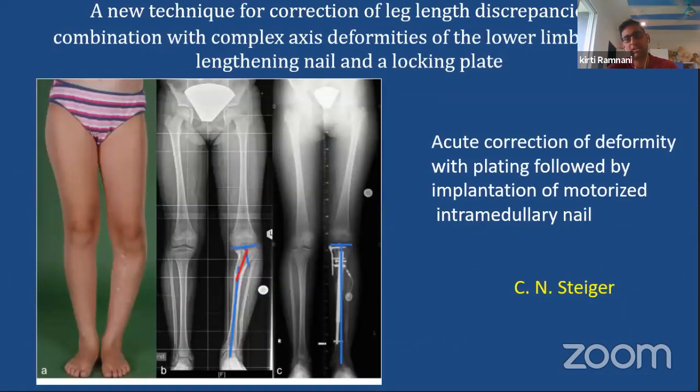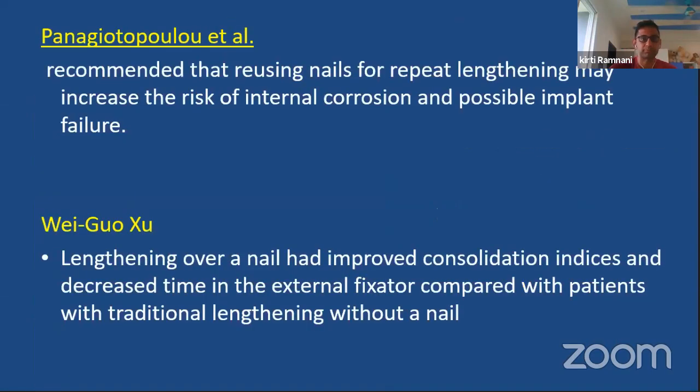The study by Steger then went ahead, and what they did for severe deformities and for deformities with dual CORA was this. For example, in this case, there is a proximal tibia deformity and there is a diaphyseal deformity. They corrected the proximal deformity with a plate and then used a precise nail to correct the distal valgus deformity of the tibial diaphysis, and then lengthened over it. But they said this required a lot of pre-operative planning, and surgical skills were tested while doing these cases. So this is another way we can take care of a severe deformity and still lengthen with an intramedullary nail.